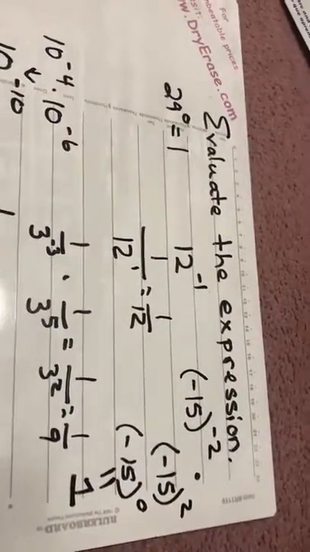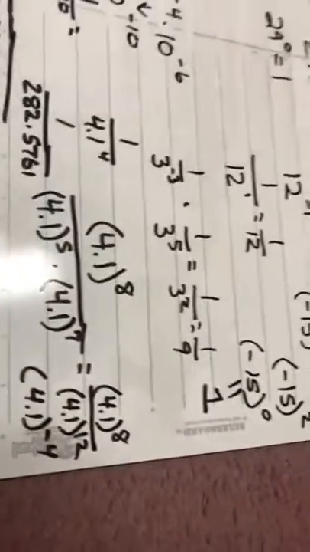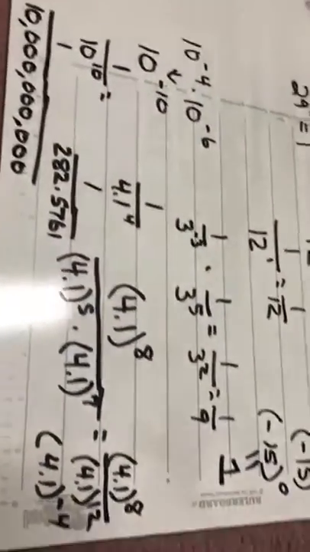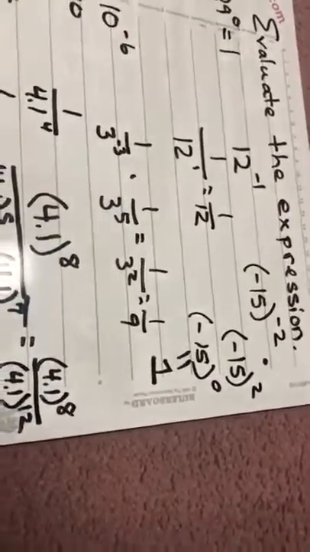So that is evaluating the expression, taking that and actually solving it, getting a number as much as you can. You see in this section we didn't have any variables, and you won't in this section. So you just need to come up with an answer. All right, now